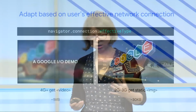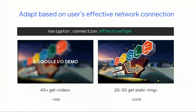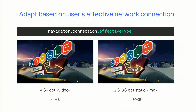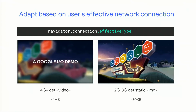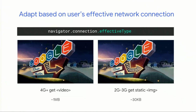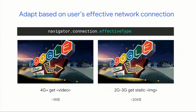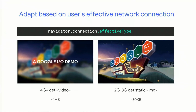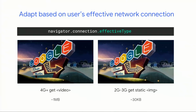This brought us down to around 1 megabyte. Still, 1 megabyte is a large resource to push down the wire, especially for the user on a restricted bandwidth. Luckily, we could use the Effective Type API to realize they're on a slow bandwidth and give them a much, much smaller JPEG instead. This interface uses the effective round-trip time and downlink values to estimate the network type the user